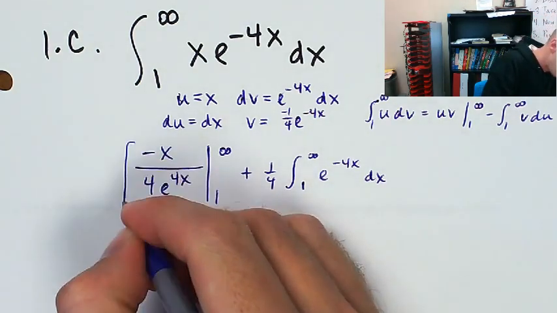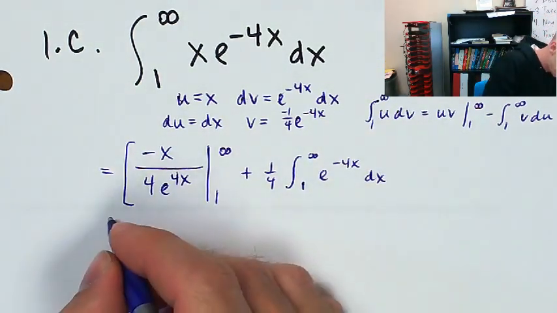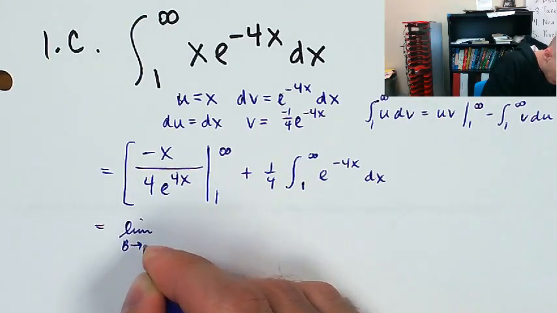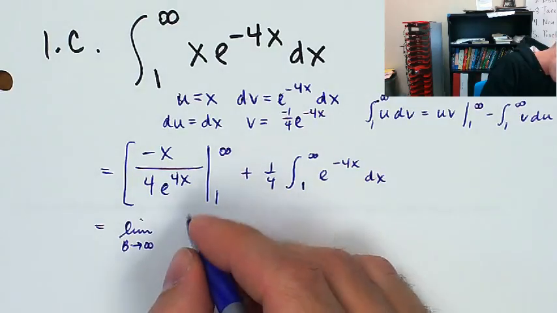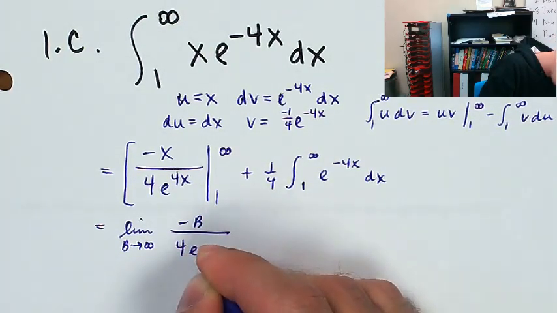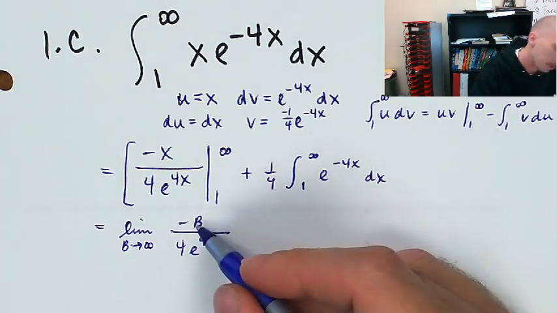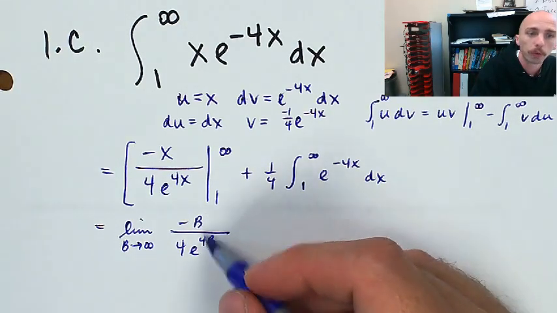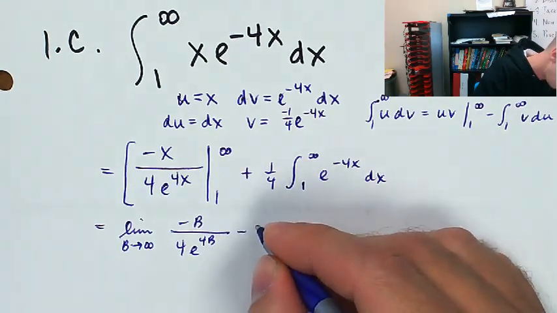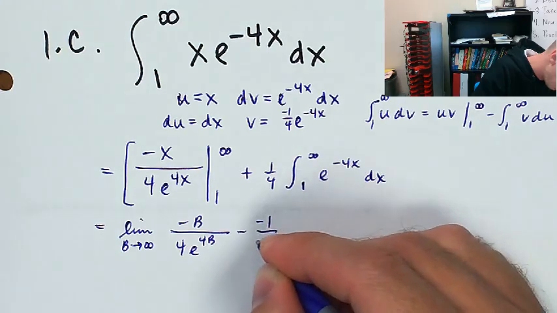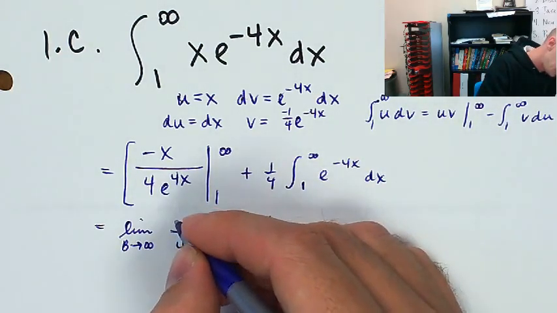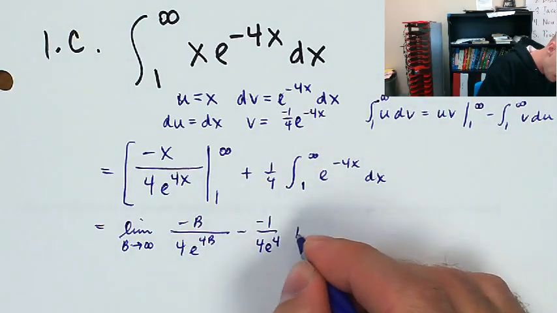Okay. I'm going to say, well, that's the limit as b goes to infinity of negative b over 4e to the 4b. Okay, this is going to be bigger on bottom because exponential grows faster than first power of b. Minus negative 1 over 4e to the 4. Okay. There's that. And then plus